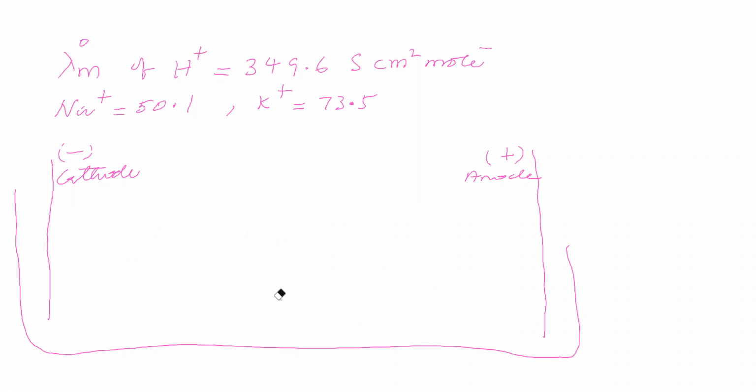Now H plus ions. If you take H plus aqueous, the H plus ions present move towards the cathode, therefore it is carrying current just like Na plus and K plus, like cations. In what way cations are moving, in the same way H plus ions also move, therefore it is carrying current. In that way only the H plus ion also moves towards the cathode, so it has current carrying ability. But the value is much high. Why is it so? That we have to see.